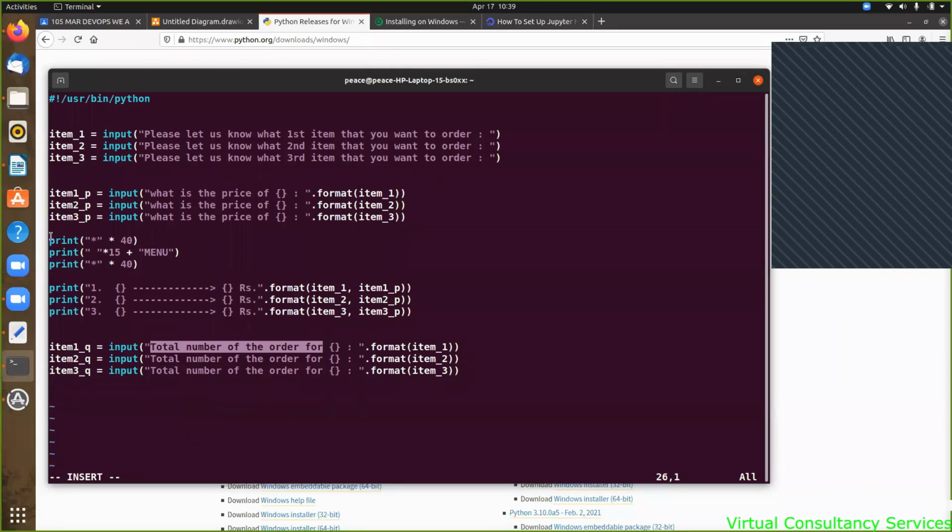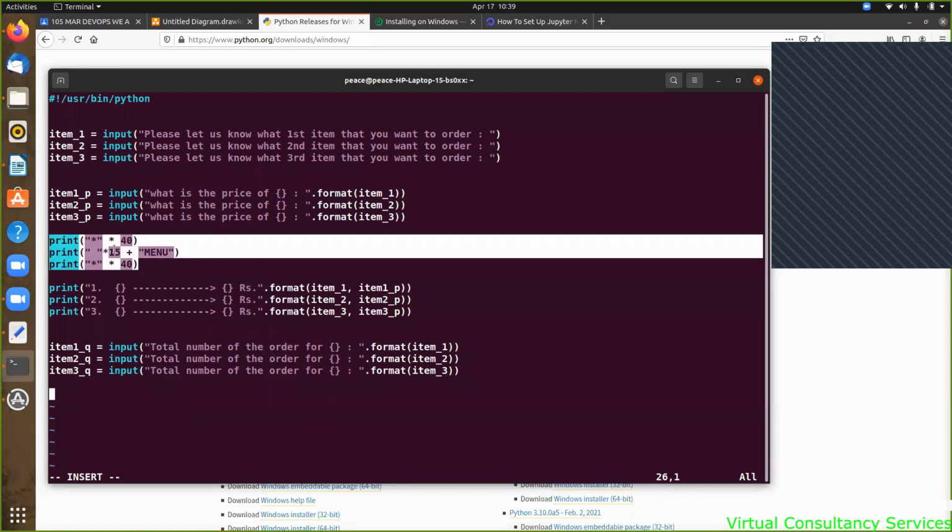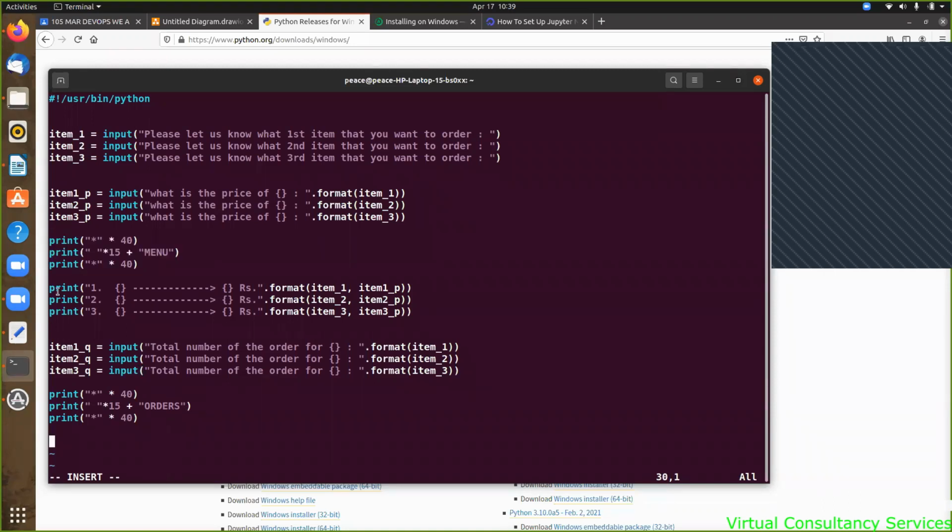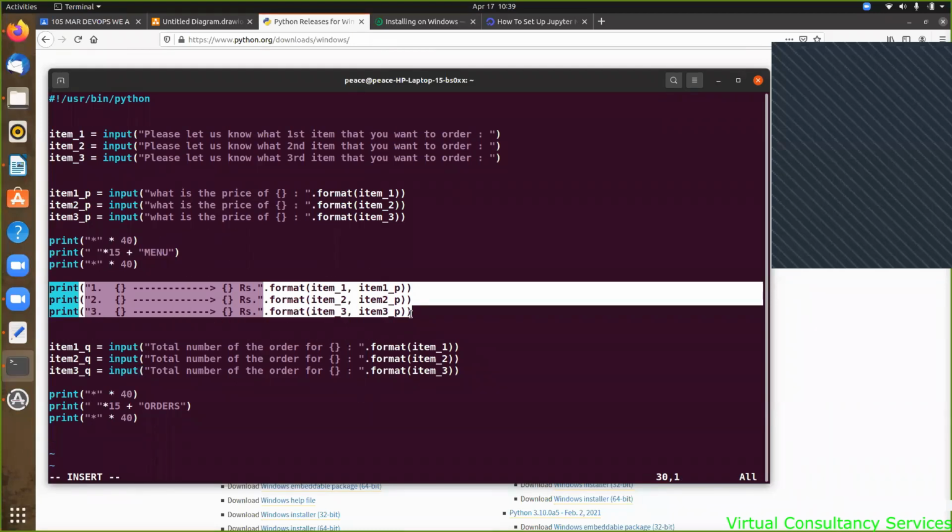अभी मैं क्या करूँगा, I will just copy these 3 lines again, and I will generate an order. मेन्यू से जो ऑर्डर हुआ वो कॉपी, यहाँ पे मैं पेस्ट करके मेन्यू की जगह ऑर्डर्स कर दूंगा। ओके, और यहाँ पे फिर मैं वही स्टेटमेंट यूज करके नंबर्स में डाल दूंगा, for quantity। ये कॉपी किया और यहाँ पेस्ट किया, और यहाँ पे मैं बोल दूंगा रुपीस की जगह नंबर्स। And item 1, item 2, item 3 same रहेगा, बस प्राइस की जगह क्वांटिटीज आ जाएंगे।